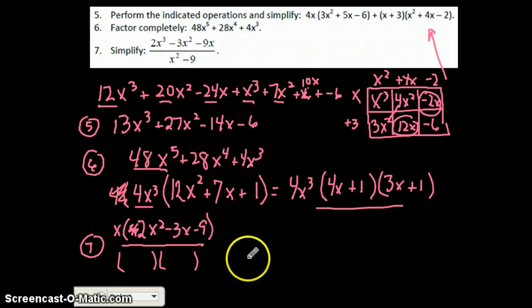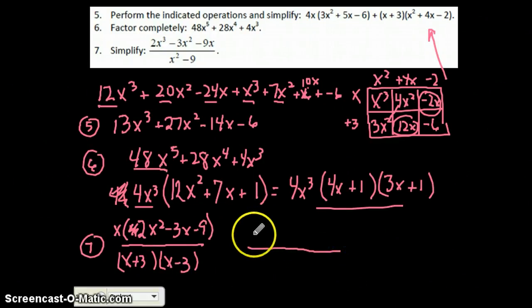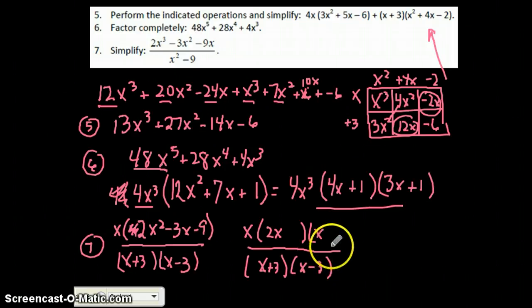Okay. Now we're going to have to figure out what the factors are. There's a couple tricks to that. Of course, on the bottom, we have x plus 3 and x minus 3. In this video, I'm just going to take a guess at it. So this is x, and then I'm going to have a 2x, and then I'm going to have an x. Okay, then I got my factors at the bottom, x plus 3 and x minus 3. Now let's see, if I put a 3 here and a 3 here, I know that